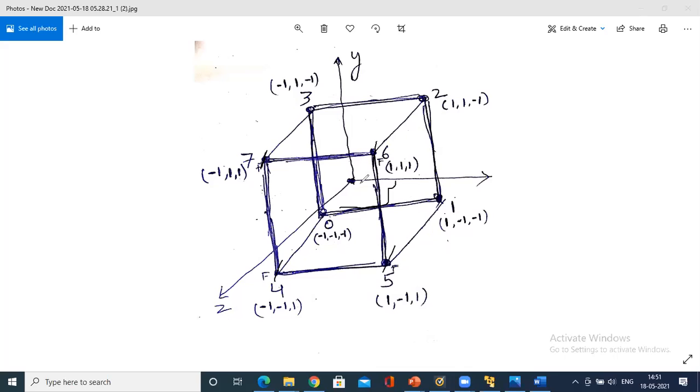Now analyzing this with respect to the x-axis, y-axis, z-axis: vertex 0 is -1 along the x-axis, -1 along the y-axis, and -1 along the z-axis. That is, it is far. This is the back face, so it is far. Even here I am writing the coordinate system with respect to the normals, using 1 only.